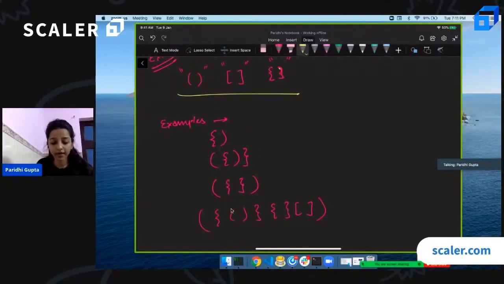Now how can you do it? Whenever in the interview you tell the interviewer that we can use a stack for this, she or he already knows that, right? You have to get to it.